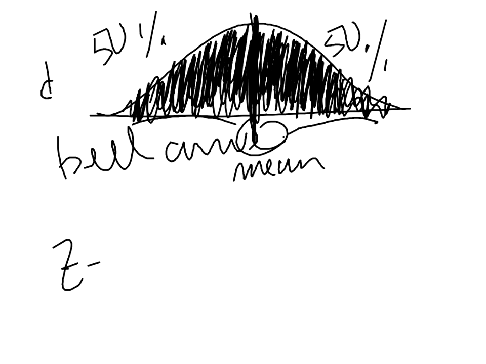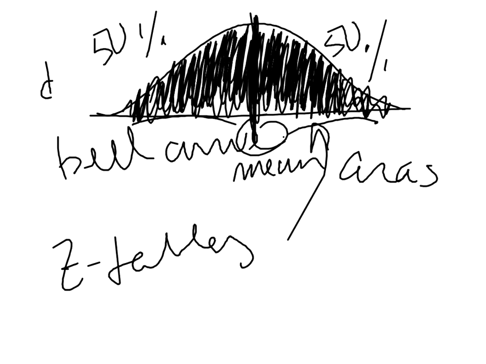z-tables to the areas under that curve there. And that's how we're going to make our predictions and find probabilities later, and also do some decision making when we get into chapter 7 and chapter 8. Anyway, so I'd like you to read over the pages, all the pages in this chapter, but again, we're